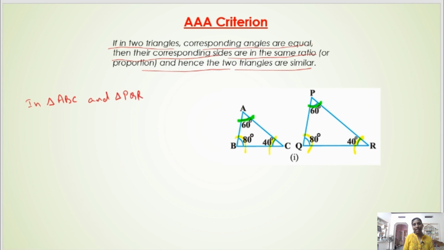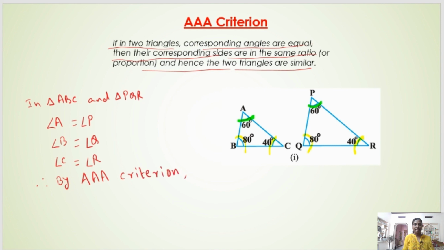See, here in triangle ABC, angle A corresponds to angle P. So angle A is equal to angle P, and angle B is equal to angle Q, and angle C is equal to angle R. So we can write, therefore, by AAA criterion,